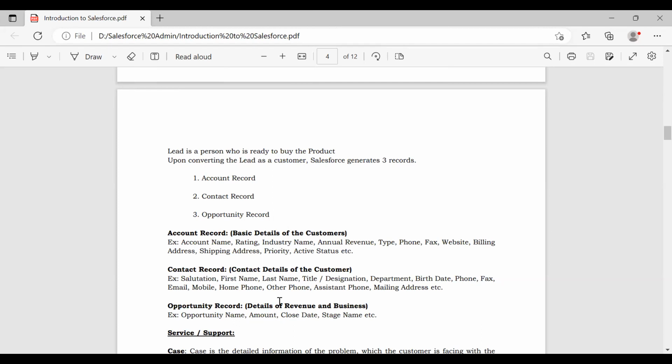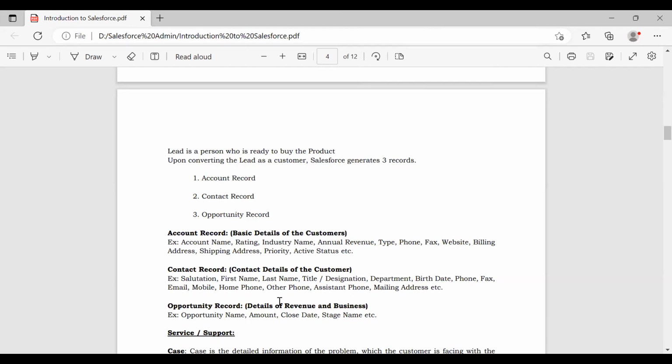The billing counter person will generate the bill, and finally he will ask you to pay the bill. What does that bill contain? It contains what items you have purchased, the groceries, vegetables, fruits from that supermarket, how much quantity you have purchased, and what is the unit price of each item. And finally it will show the total amount you have to pay.